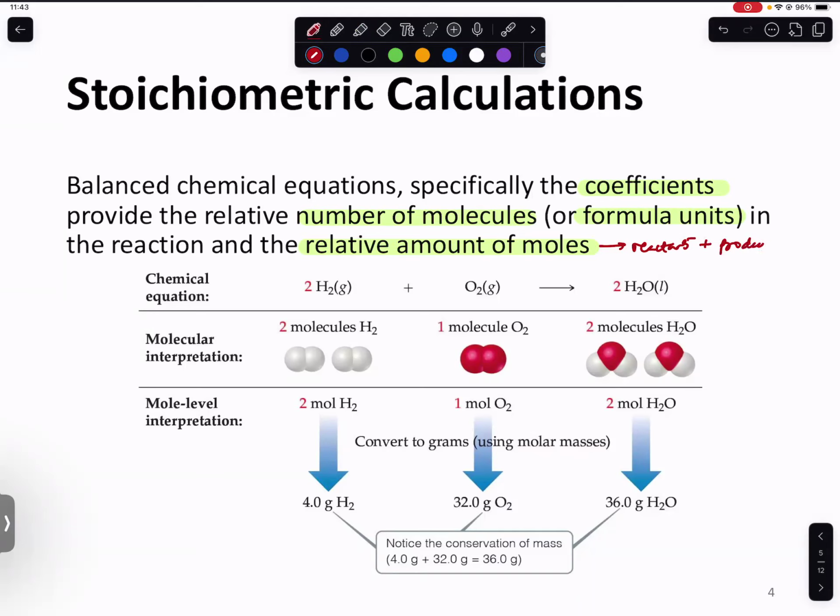Okay, so looking at this chemical reaction over here,